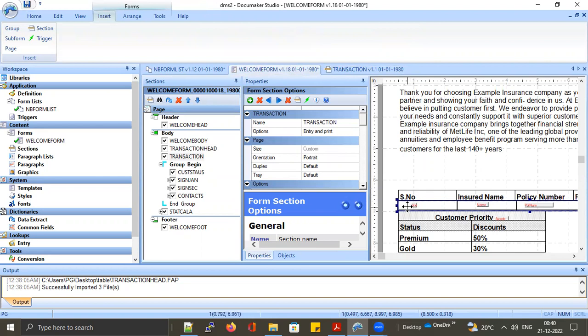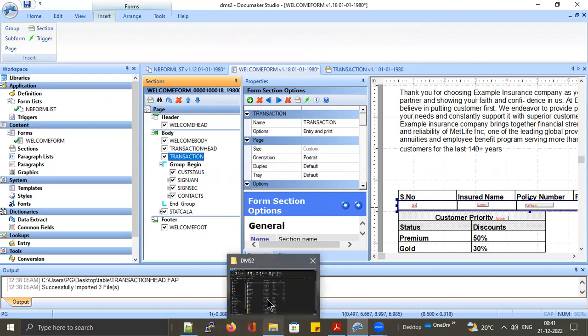And there is a reason why we put it like this, because our transactions will be multiple, so we need to repeat this entire section in a certain scenario a certain number of times. So that's why we are doing this. So let's move on. We have this section head and transaction, and now I'm going to add a trigger for this transaction so that every time a certain transaction comes in the input, based on that it will trigger. Before I add the trigger, I'm going to make some changes in the input file